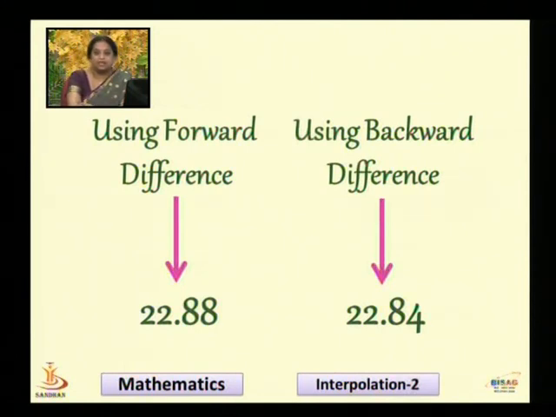For the very same example, we have found that the value obtained for the amount of chemical dissolved when we use forward difference or backward difference remains approximately the same. This indicates that whenever the point x, which is an untabulated point, needs to be interpolated and this x lies in the center of the table, you may either use forward difference or backward difference, because by using each of these methods, you would still achieve approximately the same result.